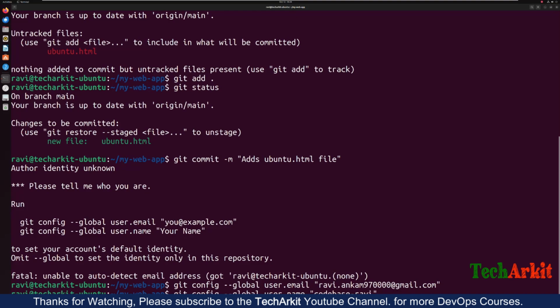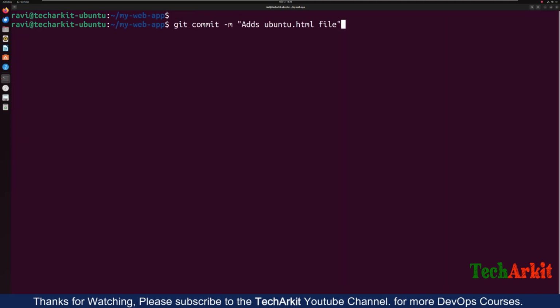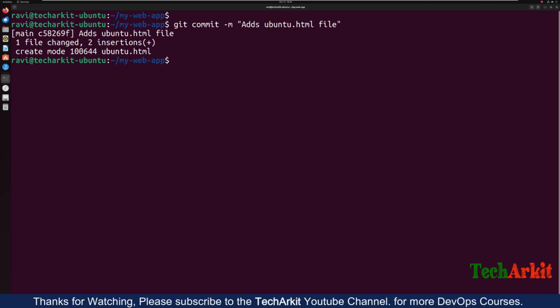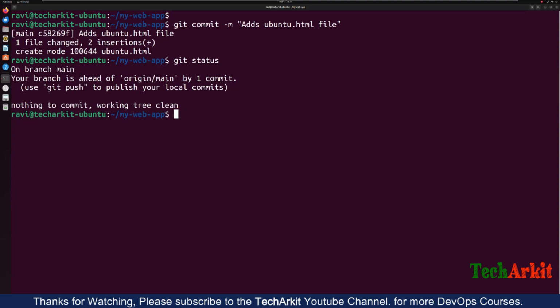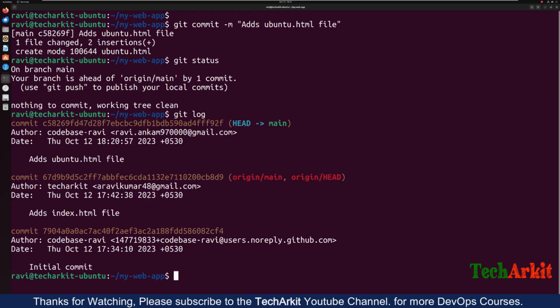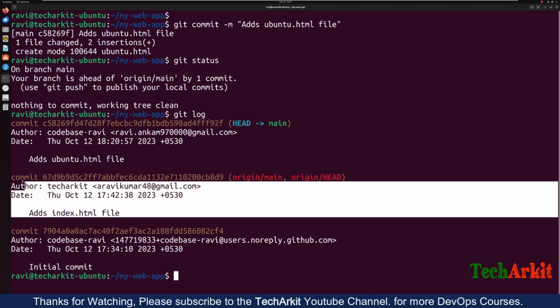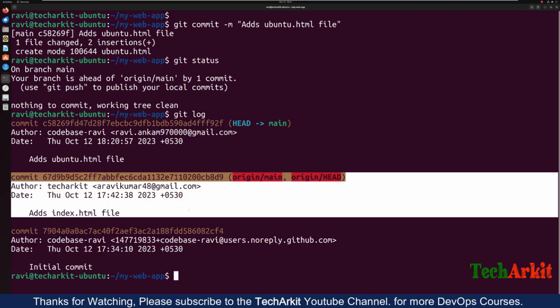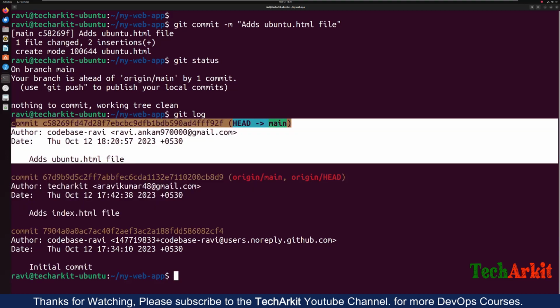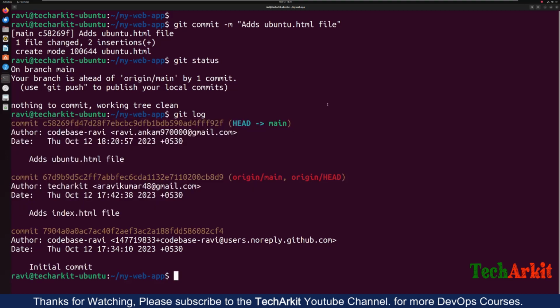So now you can run the git commit again. It will say the git commit has completed successfully, and you can type git status, so it's clean. And if you type git log, it says that you have three commits now. The first is an initial commit which was done while creating the repository, this one is the index created by the desktop machine, and this is the Ubuntu file created from here. So now you have to push the code using git push origin